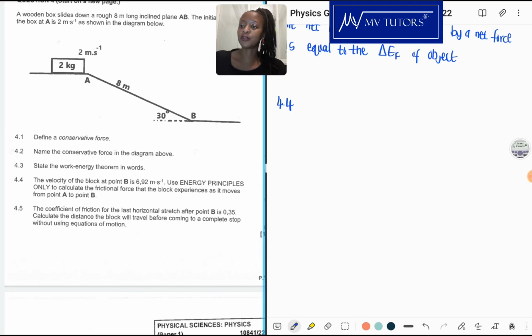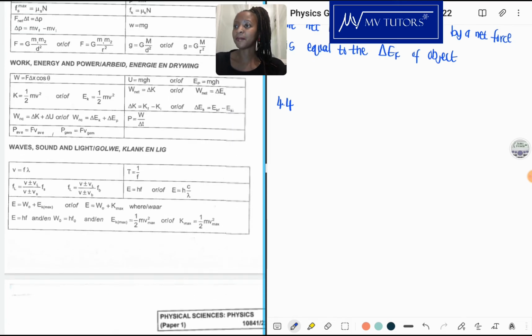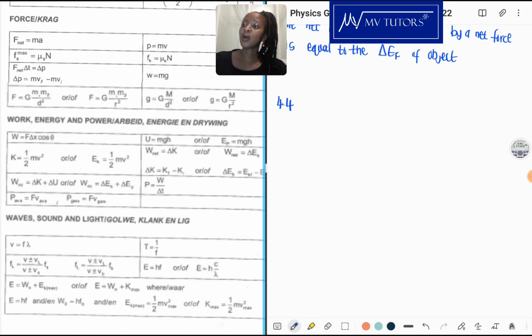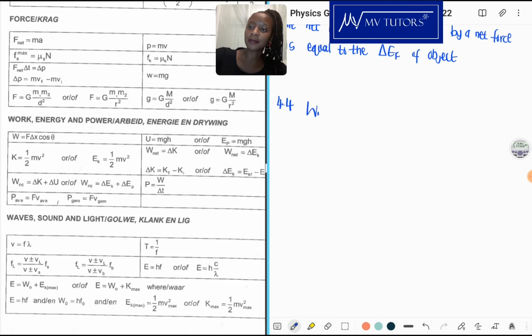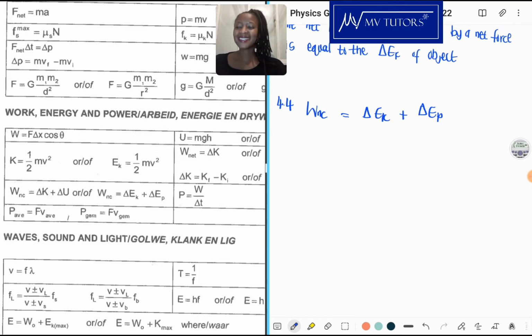So 4.4, how are we going to get the frictional force? Well, let's go to the formula sheet and have a look at what we can use there. Work, energy, power formulas. We have the work done by a non-conservative force is equal to the change in kinetic energy plus the change in potential energy. Let us expand this formula further. Work in itself is equal to F times delta x times cos theta. So the work of the non-conservative force, we can say that it's actually the friction force,